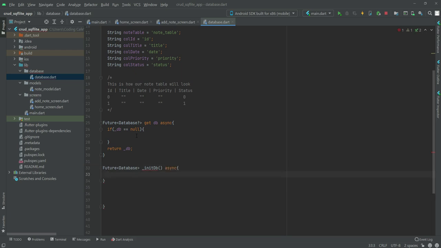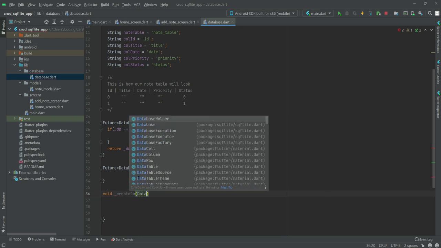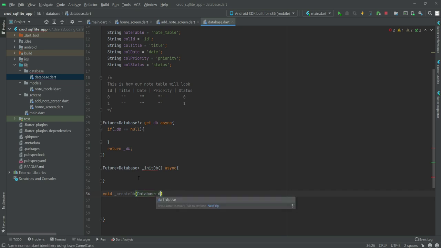So this will initialize our database, and right down below we will create another function by the name of createDb, and in here the Database will be db, and the version, it will be async.